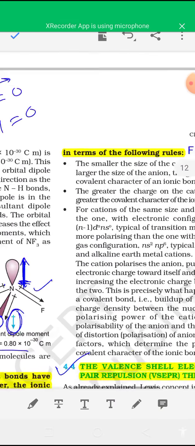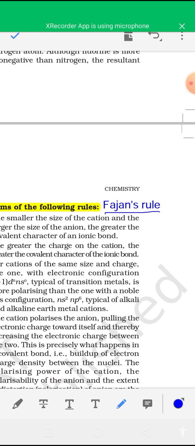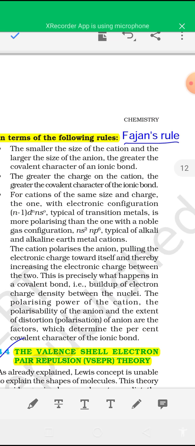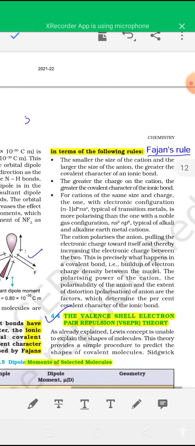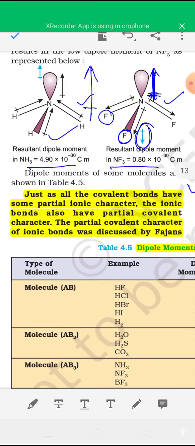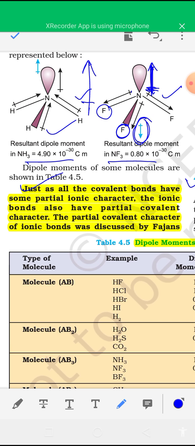Now the next topic is Fajans rule. It is an important rule. Using the dipole moment concept, you can tell the ionic character in a covalent bond. But if you want to tell the covalent character in an ionic bond, you have to read Fajans rule. Here one point is given: just as all covalent bonds have some partial ionic character,